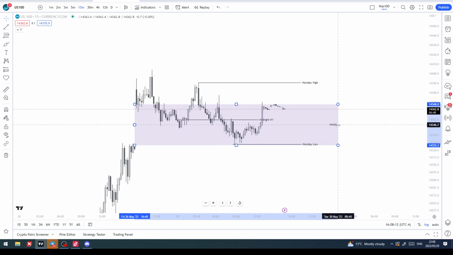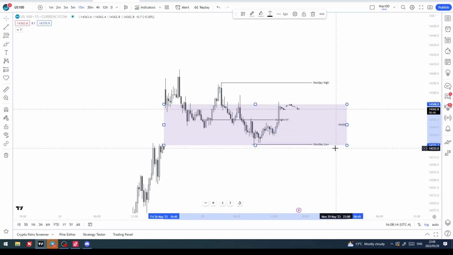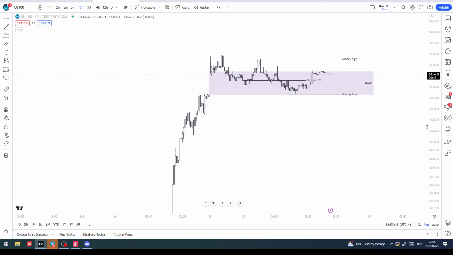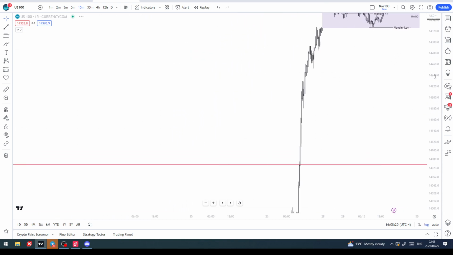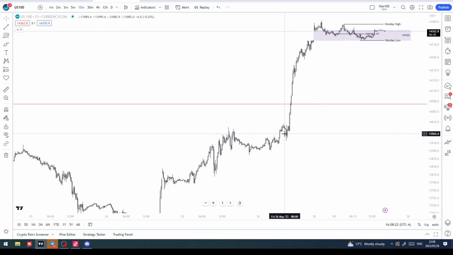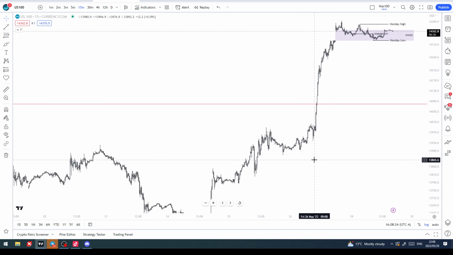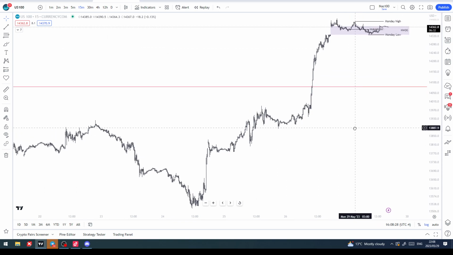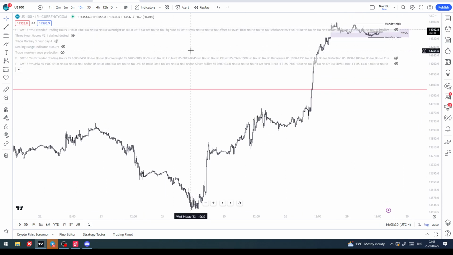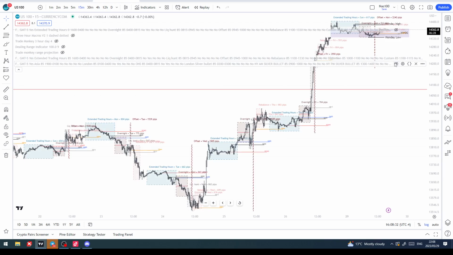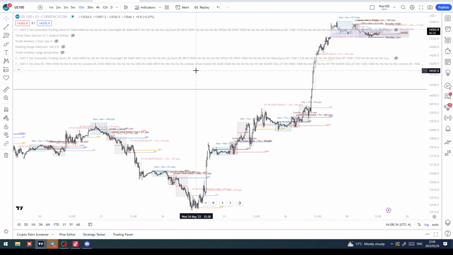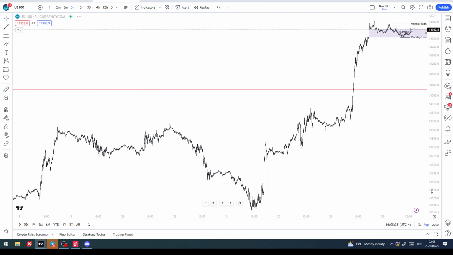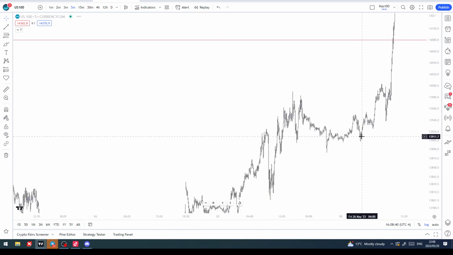And now is not the time, especially on NAS, right? It's not the time to be brave now. There's a lot of missed opportunities, especially I'm kicking myself for Friday, but I wasn't around, where ICT has given you everything that you need. Now, if I start to put the magic tools on here, let's go here and here, and then we look at M5, you would have noticed that